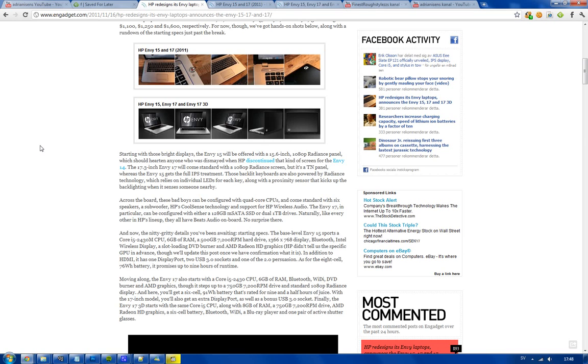But if we move over to the difference between the NV15 and NV17: the difference between the NV17 and the NV17 3D is that you get a little more 3D stuff, like active shutter glasses. You also get a Blu-ray player on that one. But the big difference between the NV15 and NV17 is you get 2 gigabytes of extra RAM, an extra DisplayPort, and what else? Obviously you get a bigger screen, and you get half an hour or better battery life,